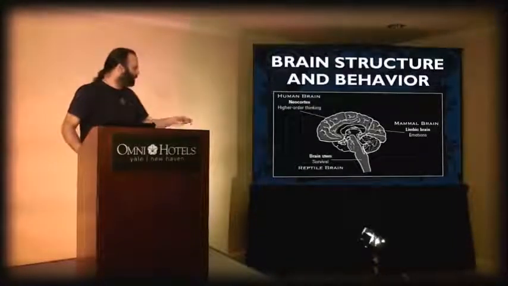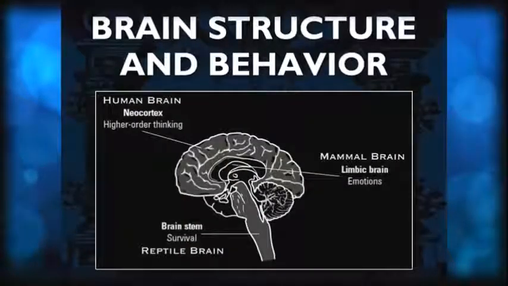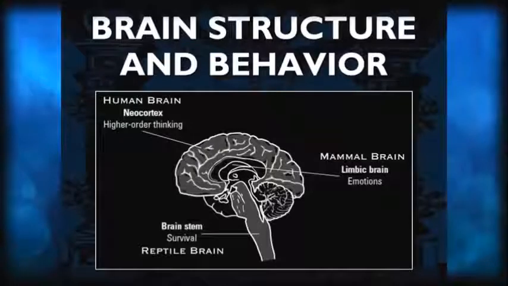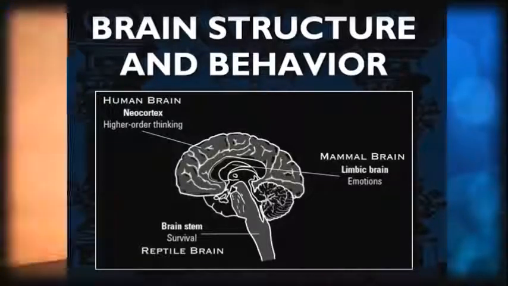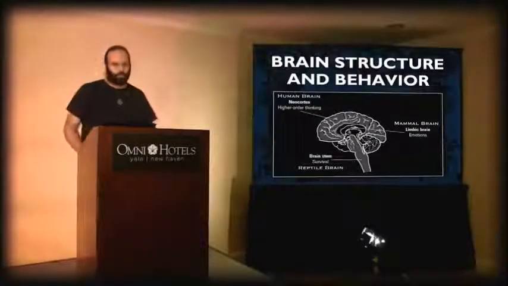This part of the brain, which again is the telencephalon, this gray matter part with all of the grooves, etc., that's the neocortex. The neocortex is the outer casing, basically, of the telencephalon, the higher brain. It's the human brain, okay? Neo means new, so it's the newest part of brain structure as far as evolutionary development of the human being goes. So this part of the brain facilitates all higher order thinking.